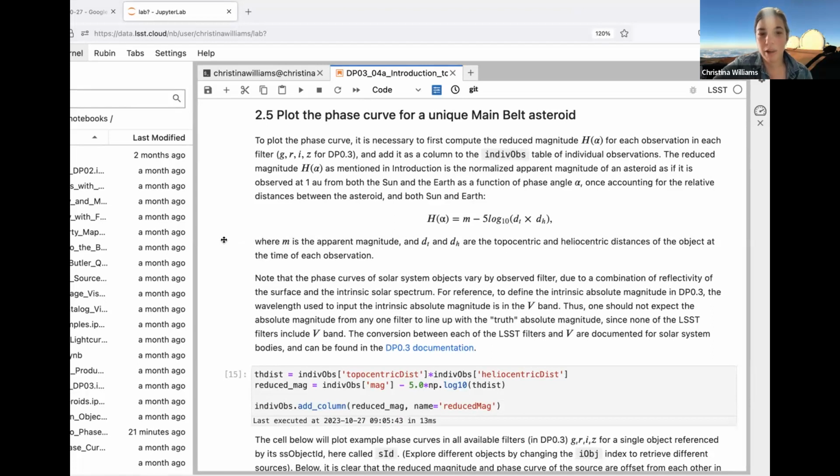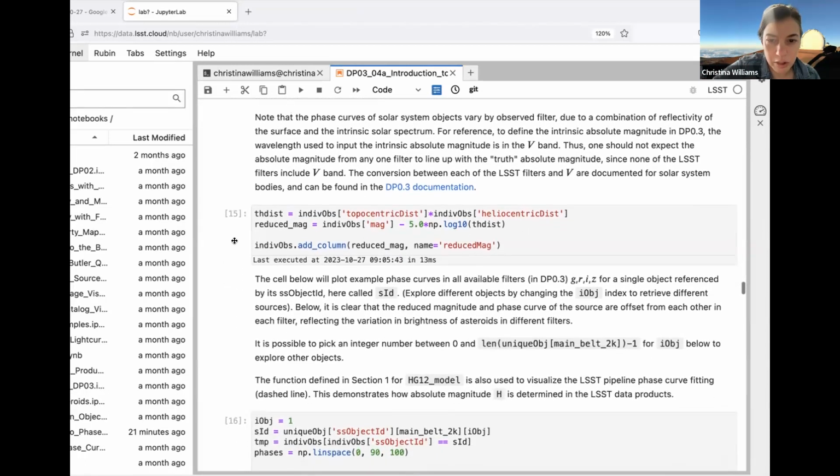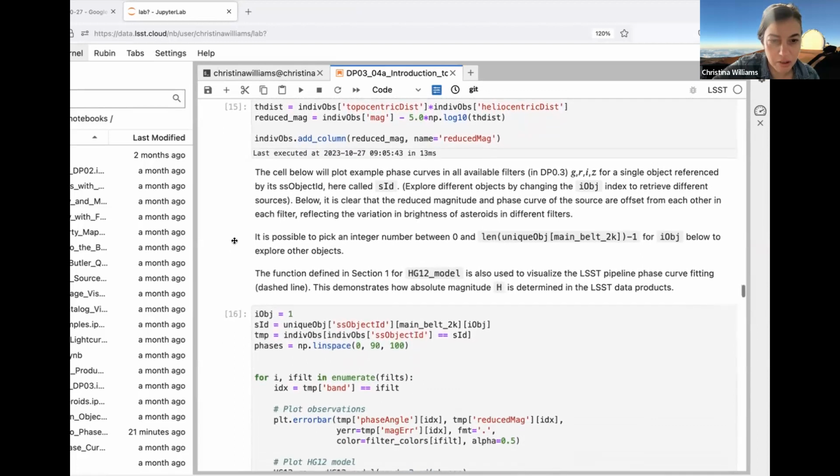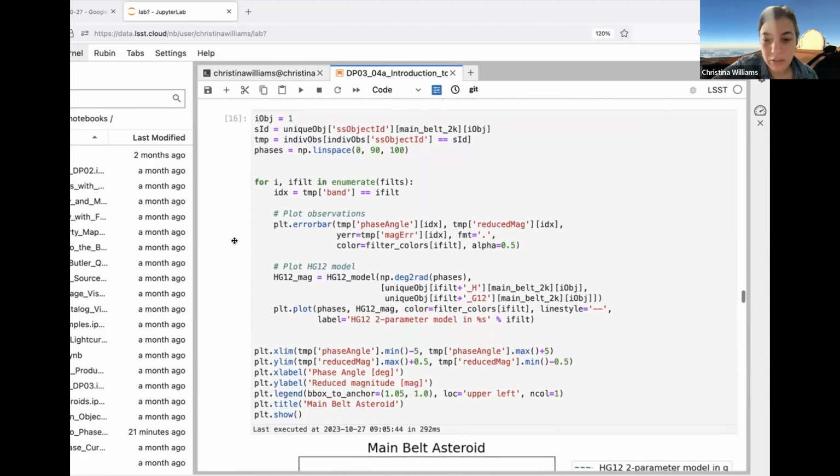You convert apparent magnitude into H as a function of alpha by using the heliocentric and topocentric distances, which I showed in the diagram in the beginning. So we're going to make this conversion to get the reduced magnitude, and then in cell 16, we're going to plot the phase curve for the main belt asteroid.